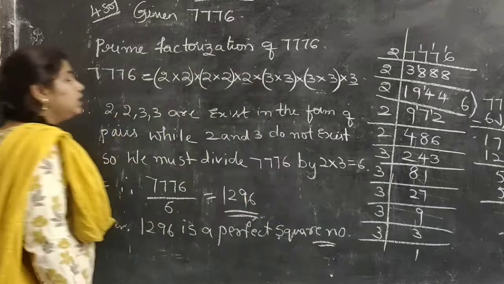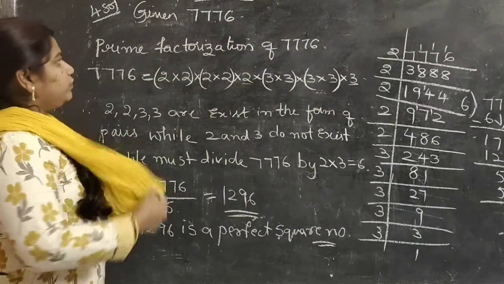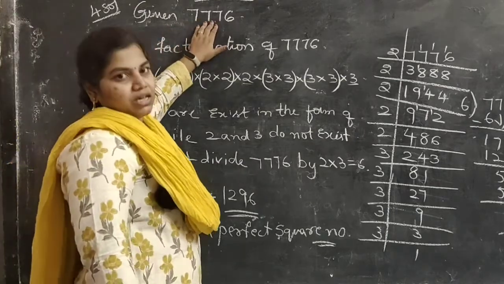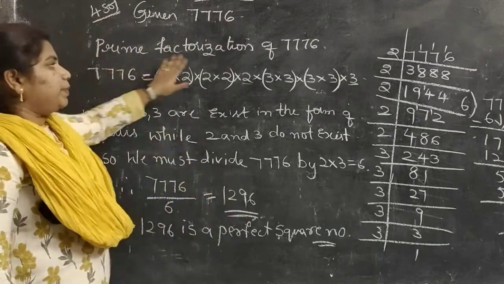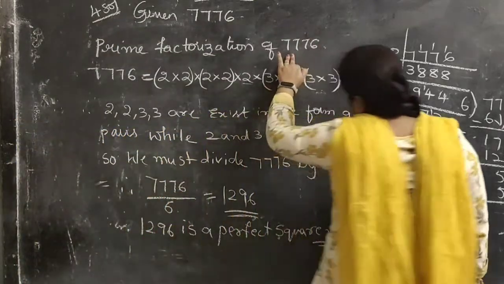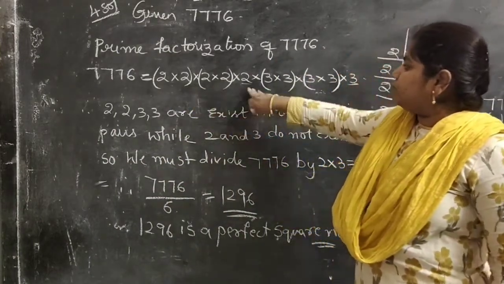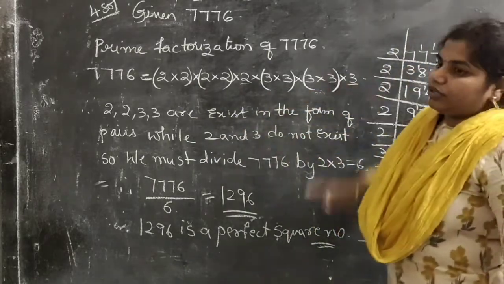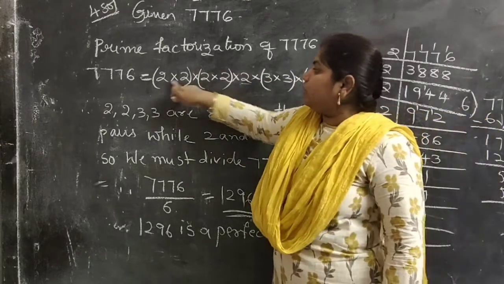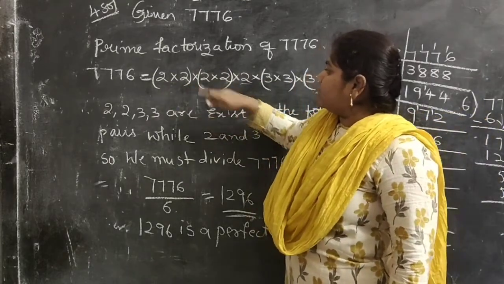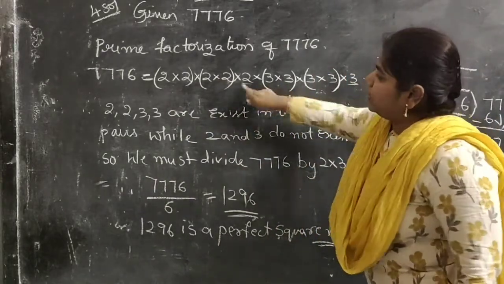So as you can see, they have given the number 7776, and they asked which number we have to divide this given number by to make the result a perfect square. So first we take the prime factorization of 7776. So what is the prime factorization? 2 into 2 into 2 into 2 into 2, 5 times, and 3 into 3 into 3 into 3 into 3, 5 times as well. So first you make pairs for every two equal factors. Product of two equal factors is one pair. Product of two equal factors is another pair. So here also, here also. So which numbers are alone now? 2 and 3 are alone.